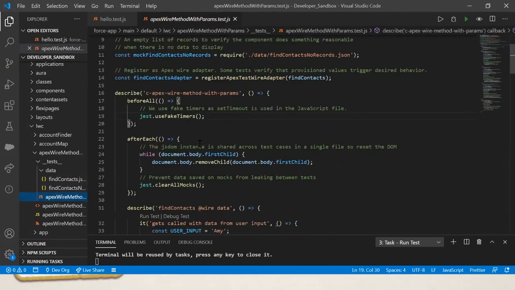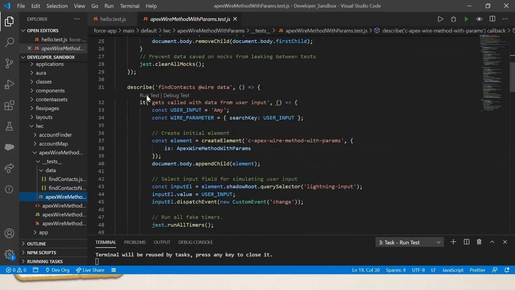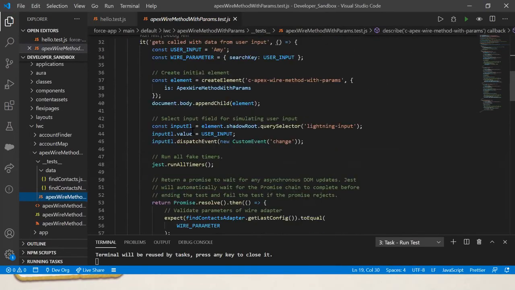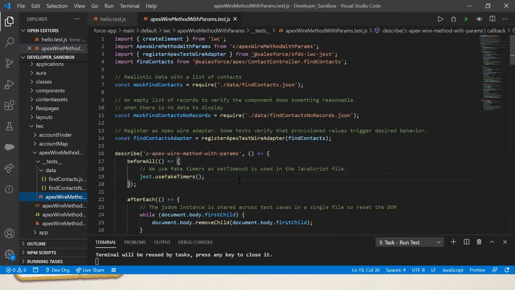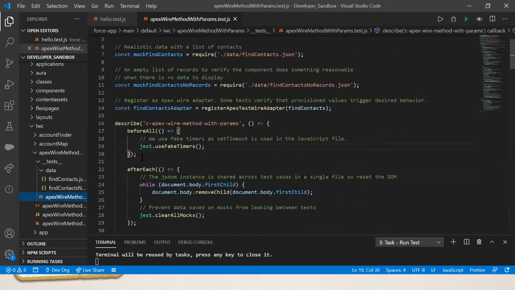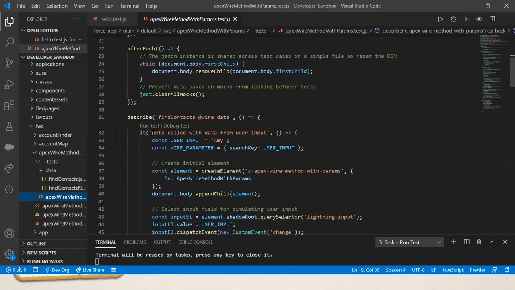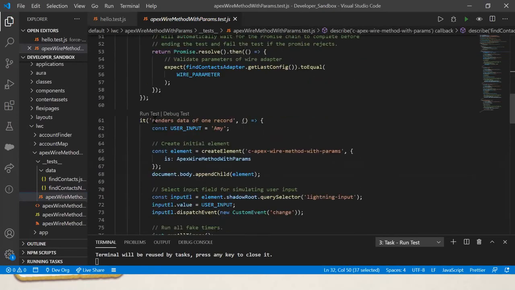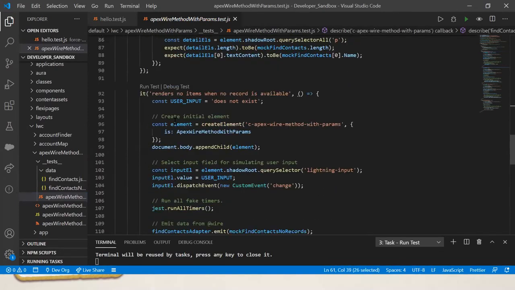So let me show you how they have written the test. Here you can see the test methods, how many tests are available here. First, the user input: how we get the user input from the search field. Second, rendering logic with one record, and one more is rendering items with no records available.